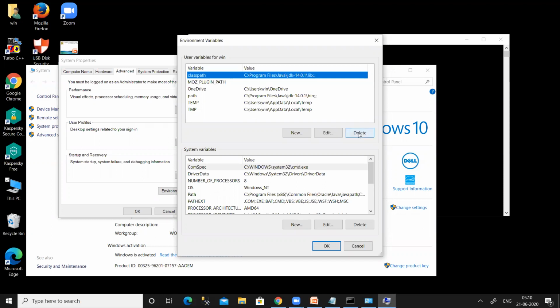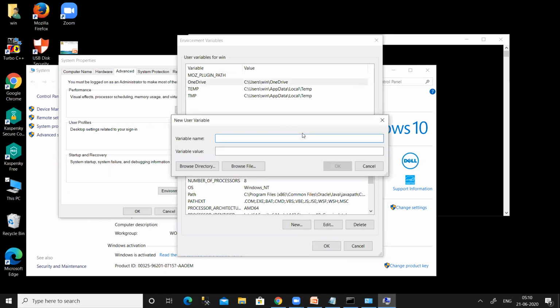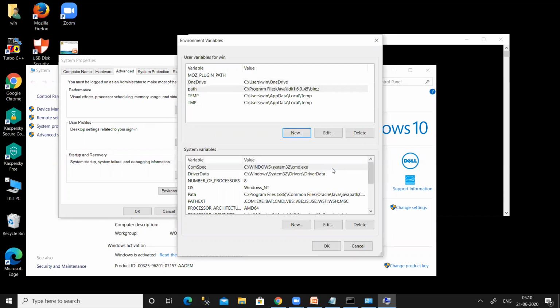In user variables, go to the new option. You will get a small window, where for the variable name, give the variable name as path, and for the variable value, paste the thing what you have copied earlier, and click on OK.